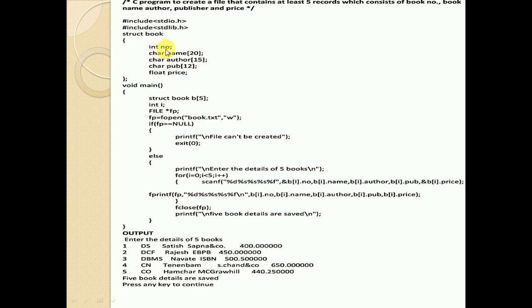Which are the data types? You already studied in C that there are different data types, like integer, character, float, double.